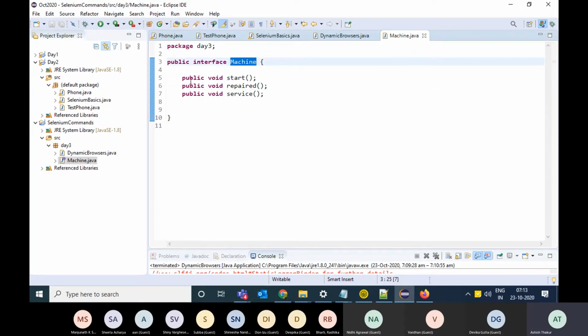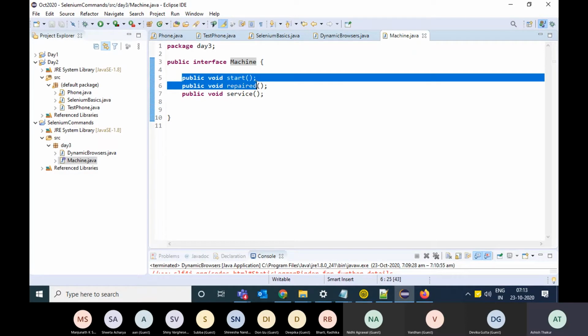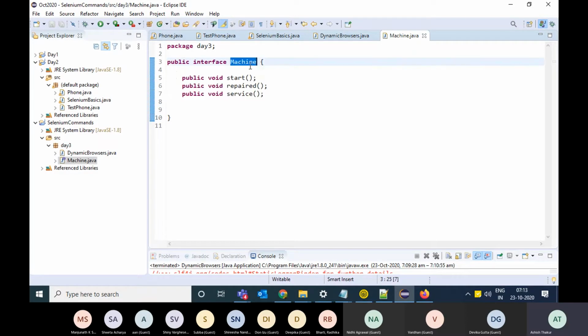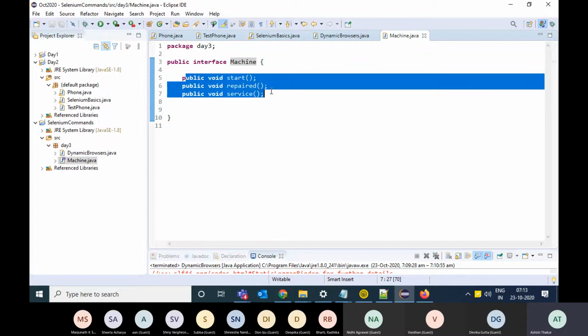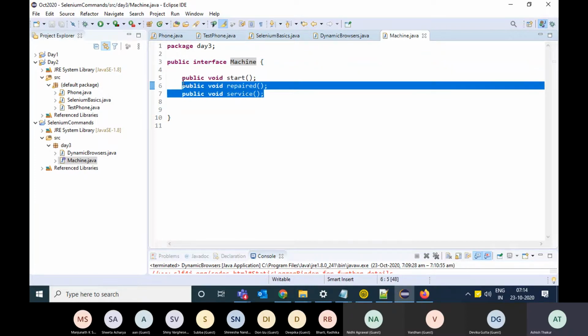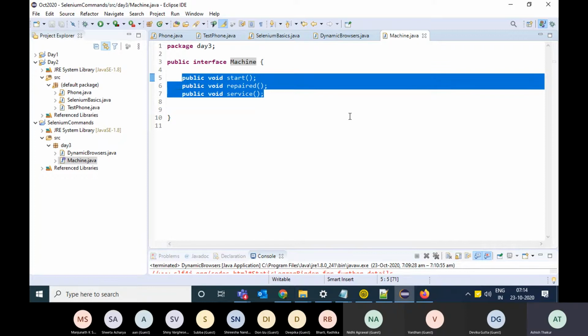Looking at this interface, any layman will understand that fine, these are the three functions which a machine is supposed to do, but he will actually not understand how these three functions are implemented or how they actually perform the work.